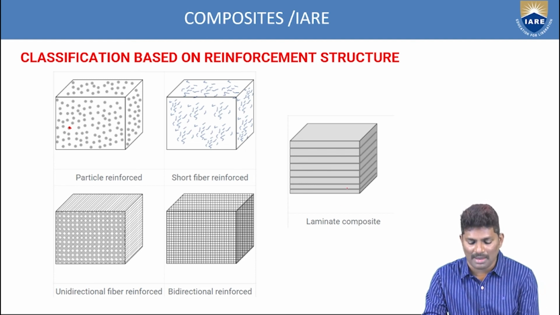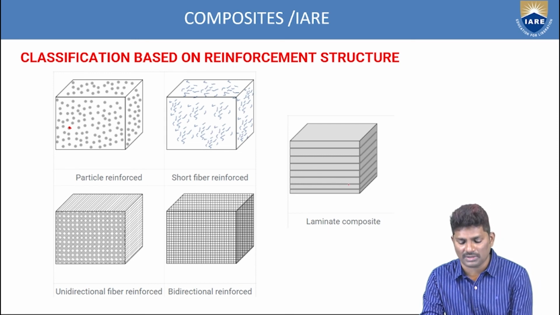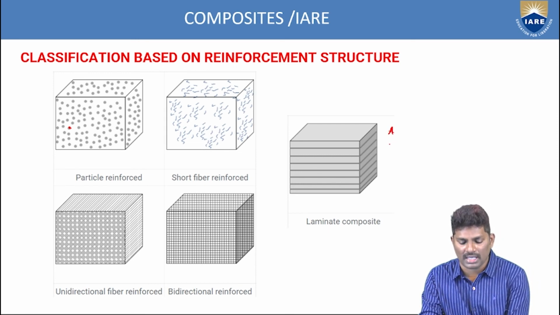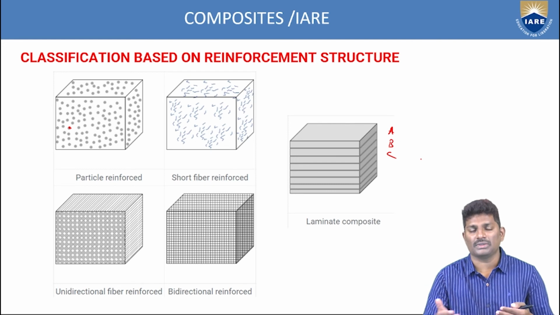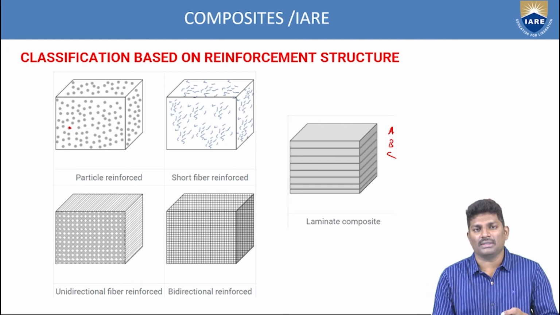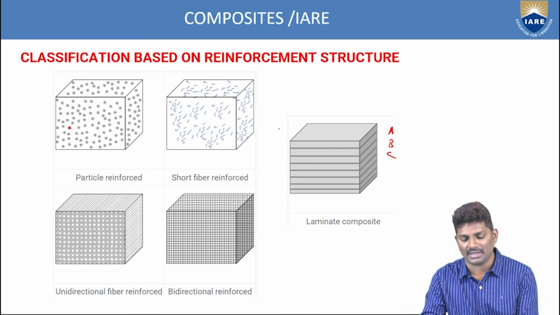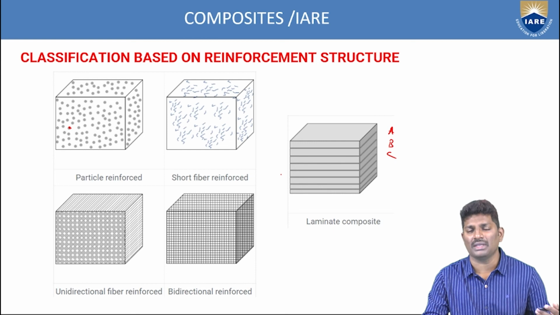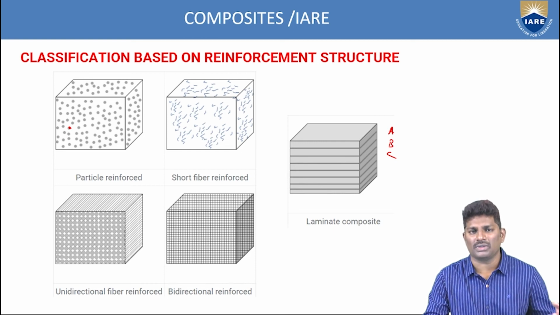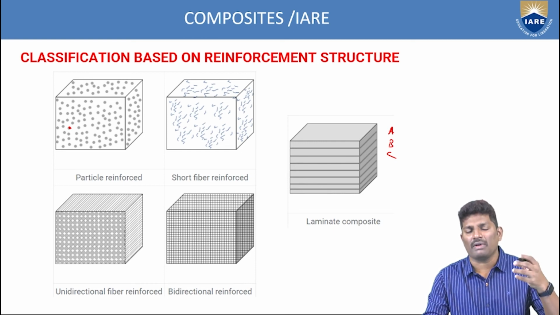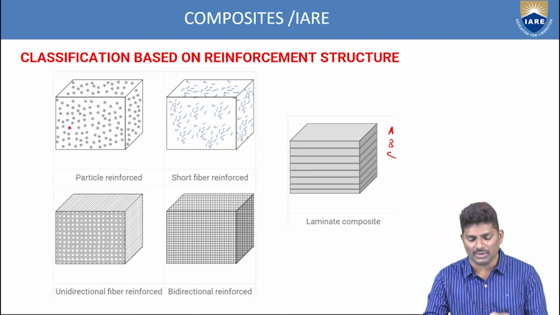And this is one of the laminates. Laminates means layer by layer. As we discussed, different layers A, B, C like that, each laid one over the other, and after placing these layers, we bind them together to look like a single material. So these are called laminated sheets. Whatever laminated sheets we use in woodwork, you have different materials. Why are we trying to laminate these materials? To improve the properties. We are trying to use these things.